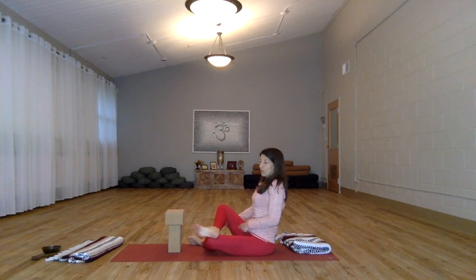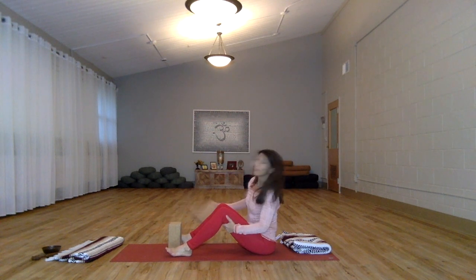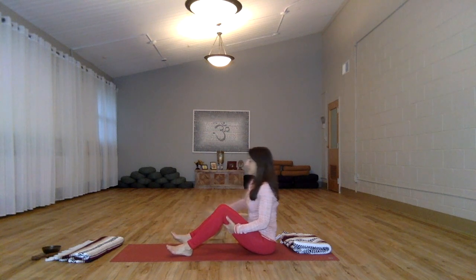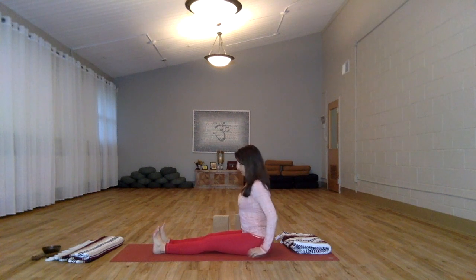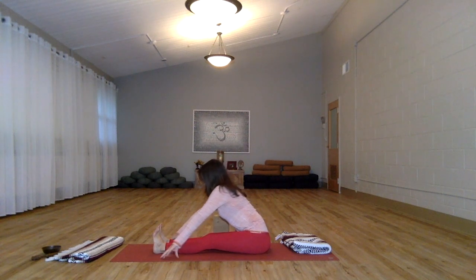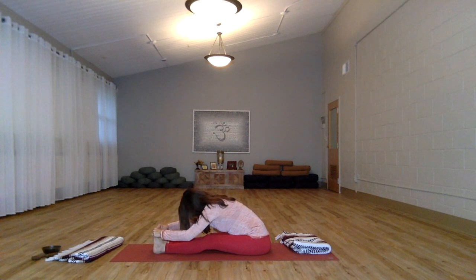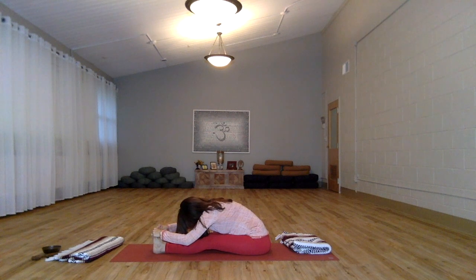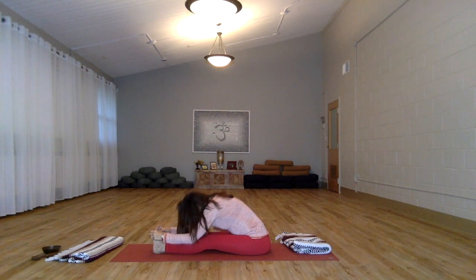And then doing something more neutralizing. So if you're lying down, you can just hug both knees into the chest. Maybe do a child's pose. Those of us who are seated, you can just come into Dandasana for a moment, or maybe even Paschimottanasana. And then as you're ready,